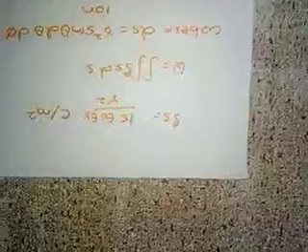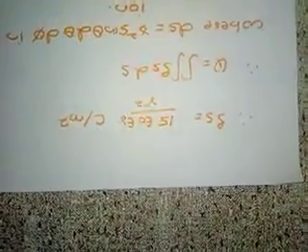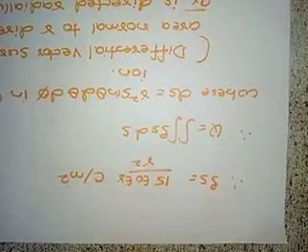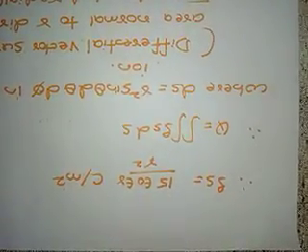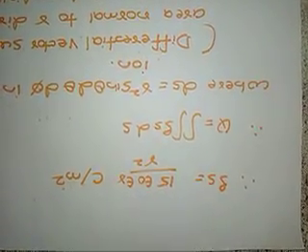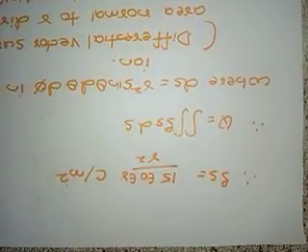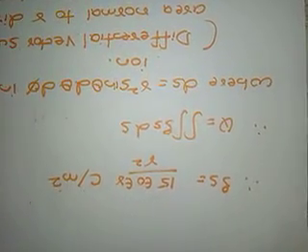So rho s will be equal to 15 epsilon naught epsilon r by r square coulomb per meter square. From this we can get the value of charge. How to get the value of charge? Again you have to do the double integration, because it is the integration of rho s ds. So rho s is charge per unit area, q by A, ds is area. So A and A will cancel again, so you get q.